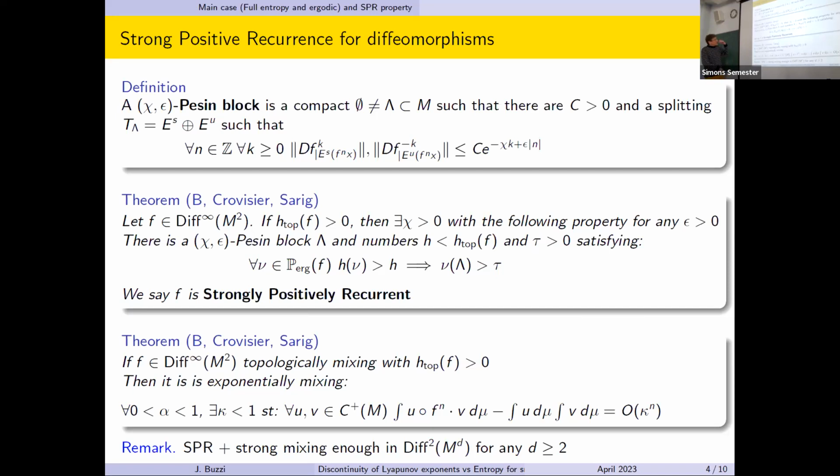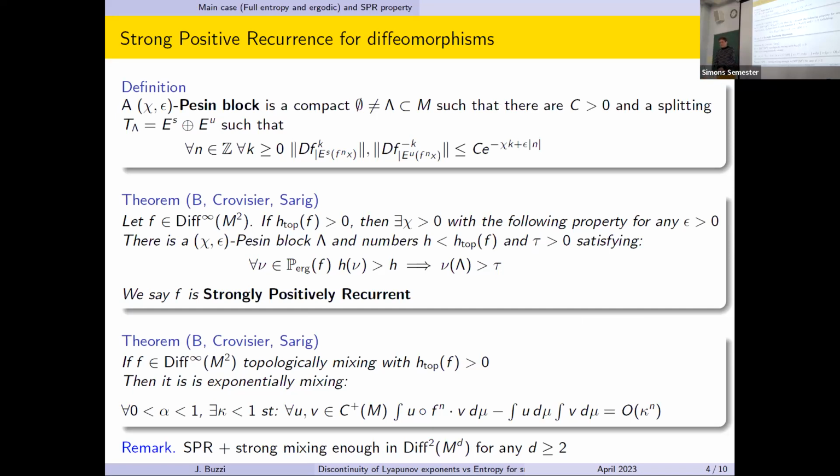So how does it look for diffeomorphisms? When you want to study hyperbolicity, you have the Lyapunov exponent, and maybe the next kind of object, more technical, are the Pesin blocks. What is a Pesin block? It's a non-empty compact set on which you have